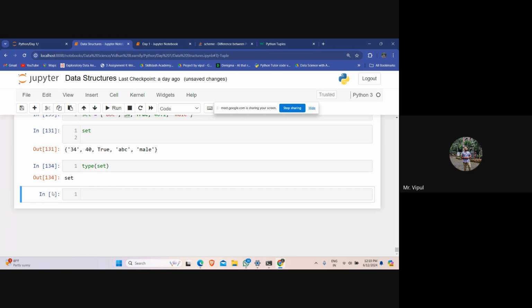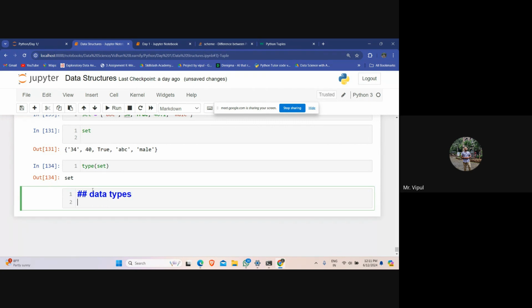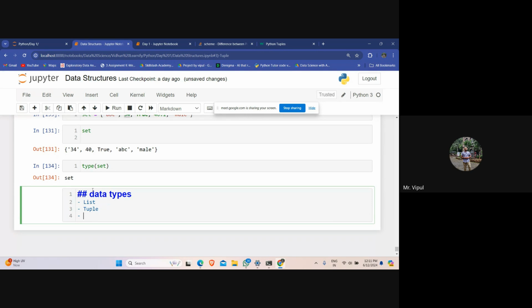So we have discussed these data types over here. Data types are list, tuple, set, and dictionary.